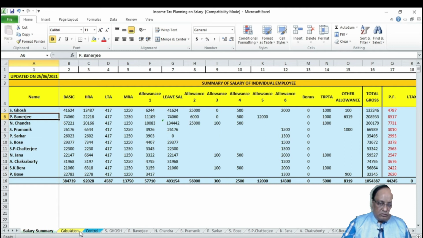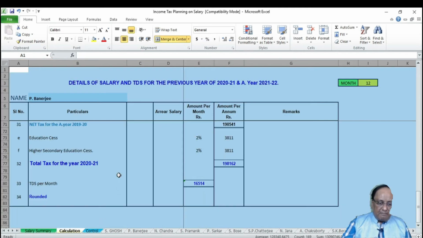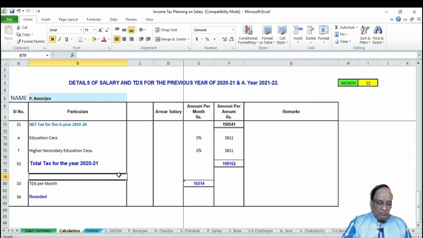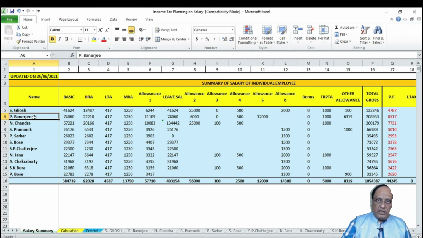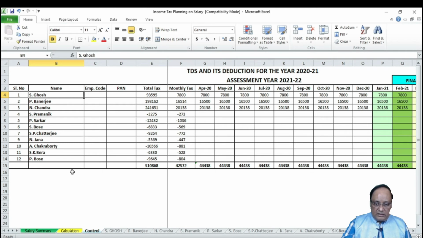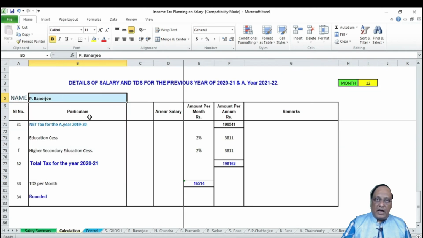You take the name from here and place it in the calculation sheet. It will calculate everybody's income according to their individual pay structure. You paste this in the separately identified page of that employee. From that individual page, it will come to the control page.